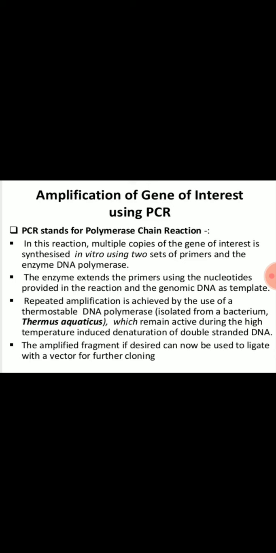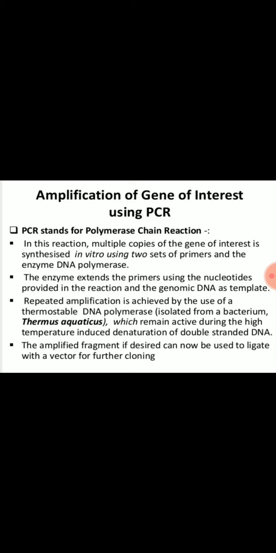Yes, and here the thermostable DNA polymerase is used, because in PCR the temperature goes above 90 degrees Celsius. So the DNA polymerase should be thermostable, and this thermostable DNA polymerase is isolated from the Thermus aquaticus organism, which can remain active during the high temperature in the denaturation process, and further it is amplified and we make more copies of the human insulin gene, and further we clone this human insulin gene into the vector, and we